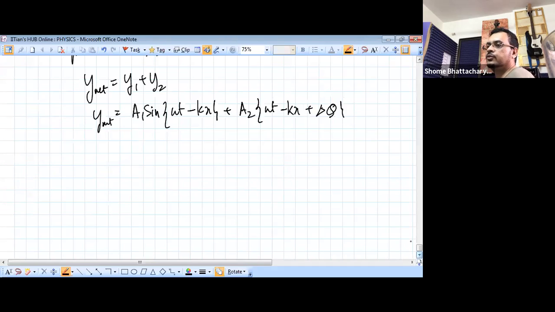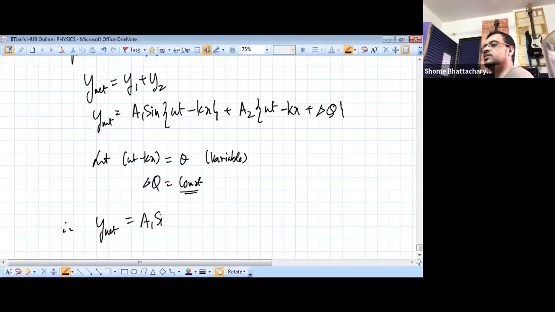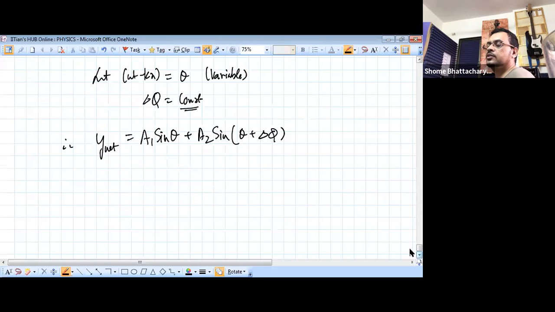Now from here, how we proceed is just a matter of trigonometry. Because omega t minus kx is a function of time and x, let omega t minus kx be theta, because it's variable. Delta phi, remember, is a constant. It's not changing with time. So we can write y net as A1 sine theta plus A2 sine theta plus delta phi. Then you proceed like we did in the superposition of SHMs. Just expand this term using the sine A plus B formula. So you can write this as A1 sine theta plus A2 sine theta cos delta phi plus A2 cos theta